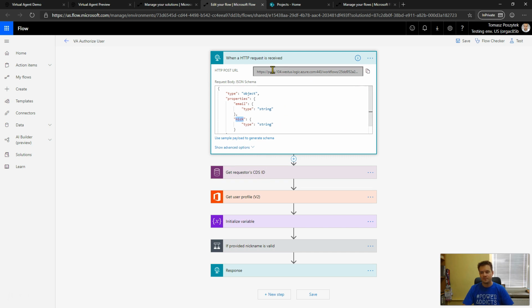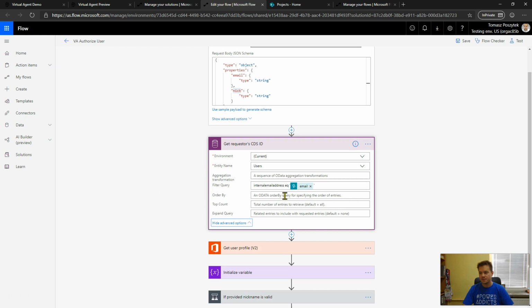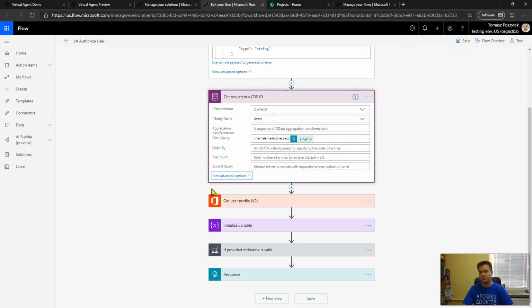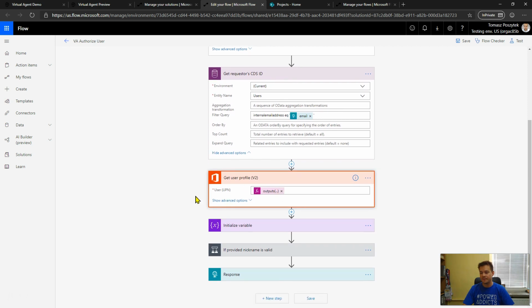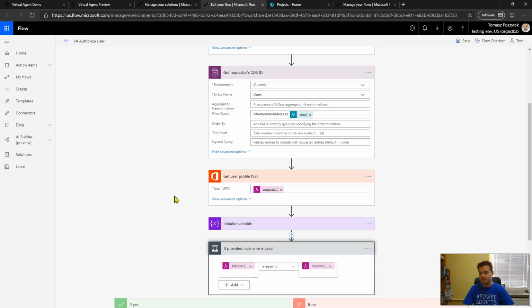Now once the flow is being triggered with these two variables, it is then getting the requester's CDS ID. So based on the given internal email address, that is just for some demonstration purposes, so that I can get some more information from CDS. I mean, I don't have to really use it here, but I thought that maybe in CDS, in the entity users, I will be able to find some more unique information about the user, but not. Anyway, once it was triggered, it is then getting the user profile for the given email, and then